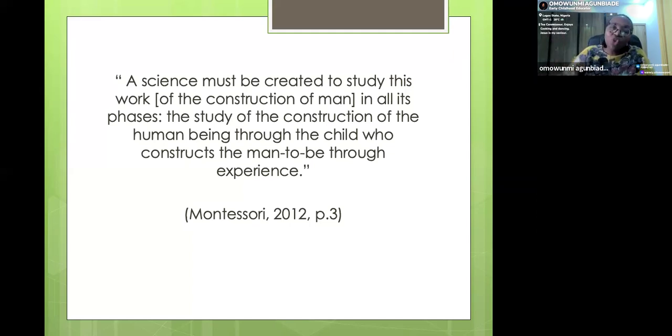A lot of us as adults today, we have troubles with our inner child. And that's why today you will have adult human beings around who are not normal because of childhood experiences, things that have been repressed in early childhood stage. So the infancy stage is the period of the construction of man. We must know this. So that little child that walks into your class is a man. That little lady, young girl that walks into your class, the woman.